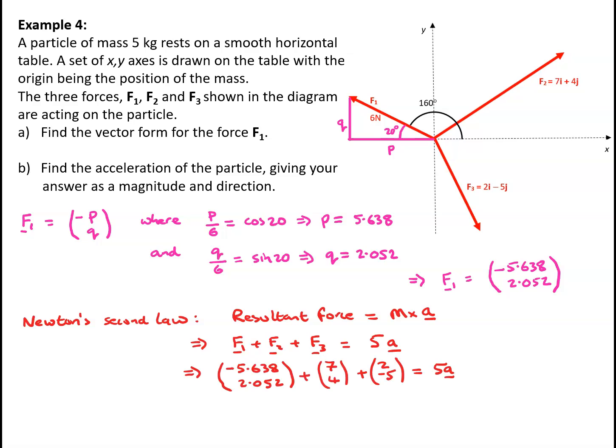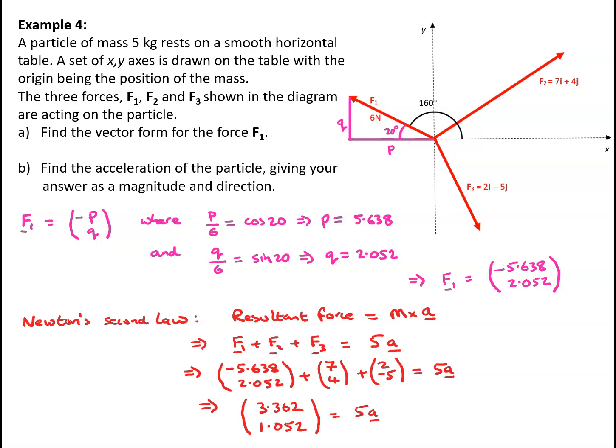So we've now got the vector minus 5.638, 2.052, plus the vector 7, 4, plus the vector 2, minus 5 must equal 5a. Tidying up the left-hand side gives me